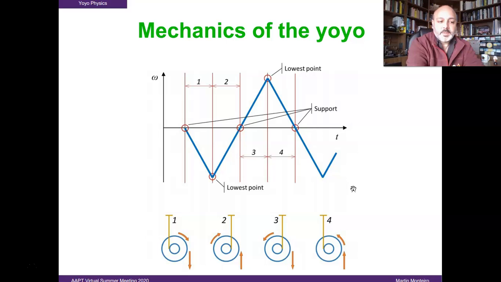So here we have the angular velocity at different phases of the movement of the yo-yo, as expected from the last equation. In the first phase, the yo-yo falls along the right side of the string, so the angular acceleration is negative. The absolute value of the angular velocity increases. At the lowest point, the yo-yo reaches the end of the string,